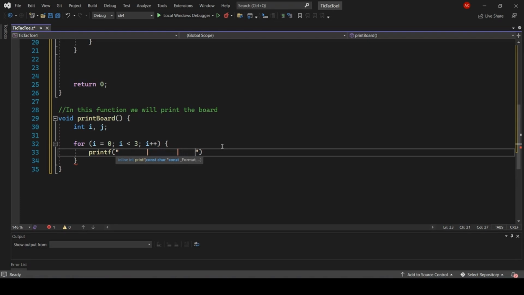I decided on 7 spaces in each slot, but of course everyone can choose what they think is more appropriate.